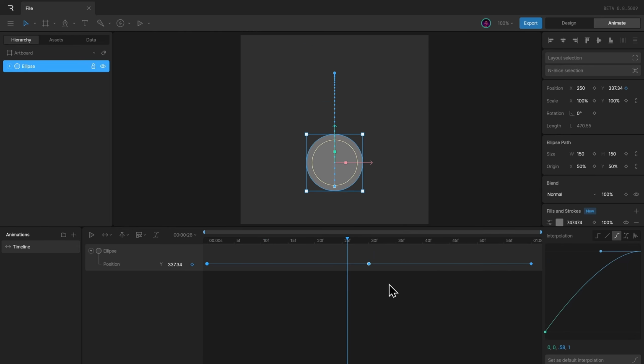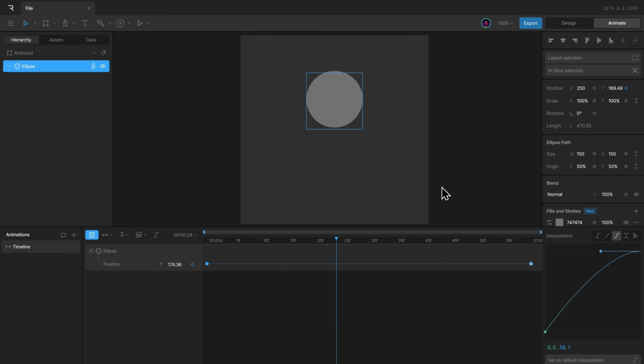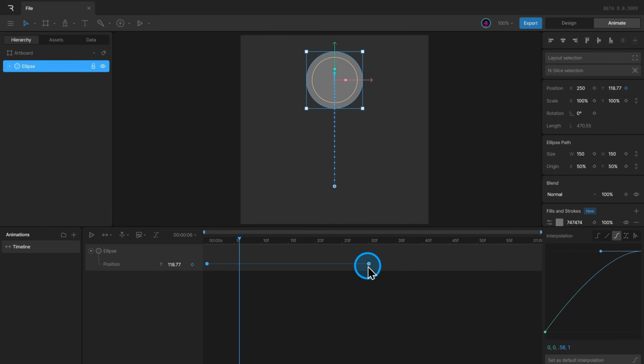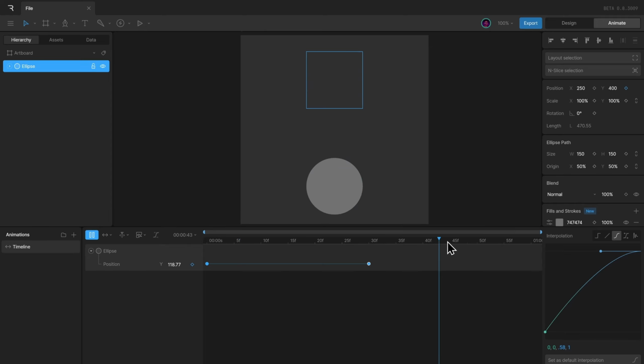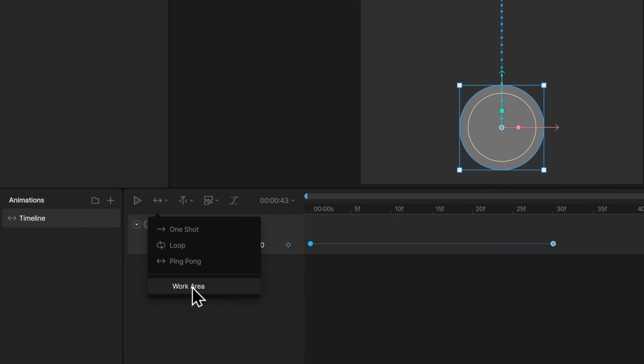When we have a keyframe setup like this, we can remove the copy, put the other one at the end, and have something like this. Now because we have moved the keyframe further away, the animation is slower. If I want it to be in the same place and the loop to work, right now we'll have the delay if we don't. So instead of changing the animation duration, I can make use of the work area,